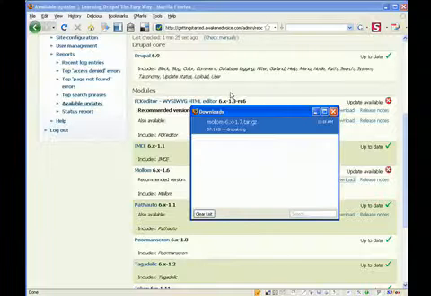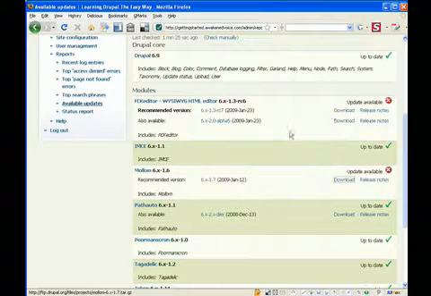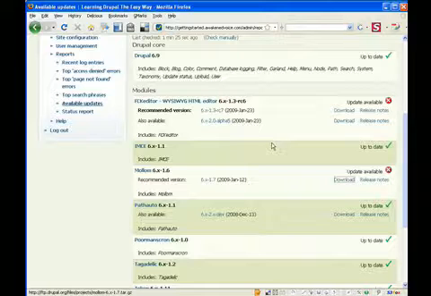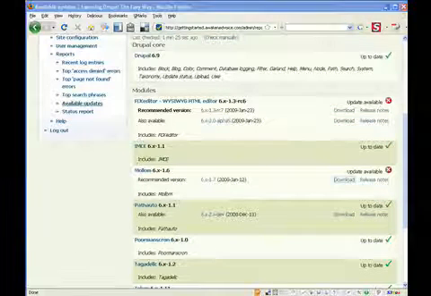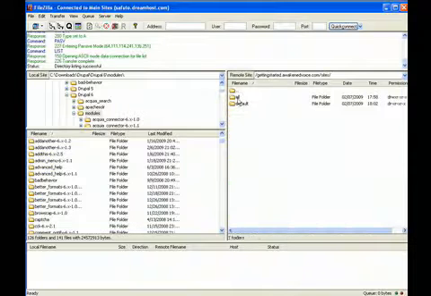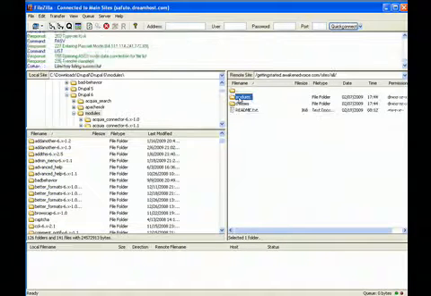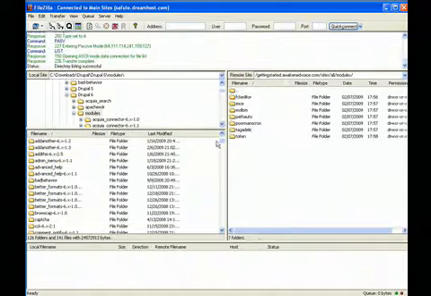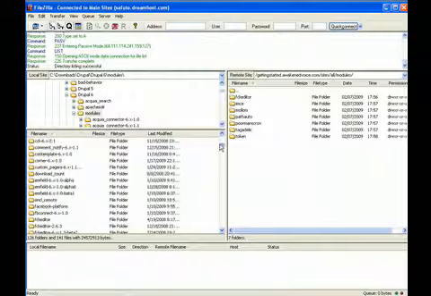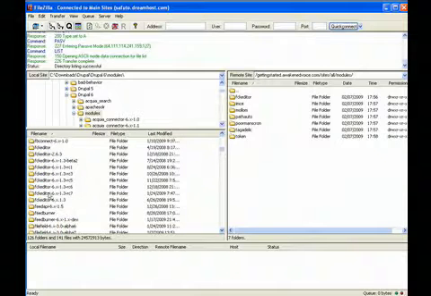So next step is after you download, you want to unzip and upload both of the updates in your FTP program. Okay, so we're back in the FTP program. First thing you want to do is make sure that you go to Sites, All Modules on your web server side, and then on your local side you want to find the things that you're going to be updating. And in this case we've got FCK editor,